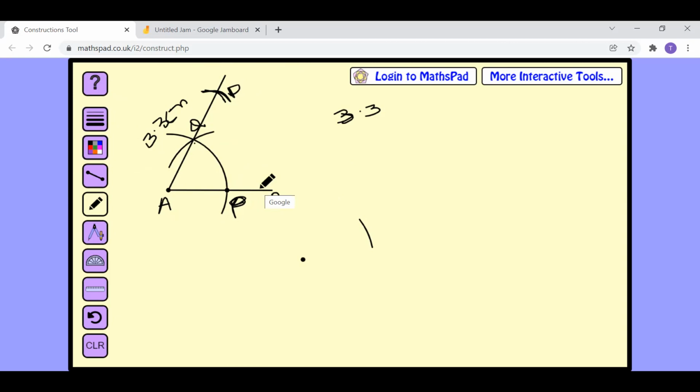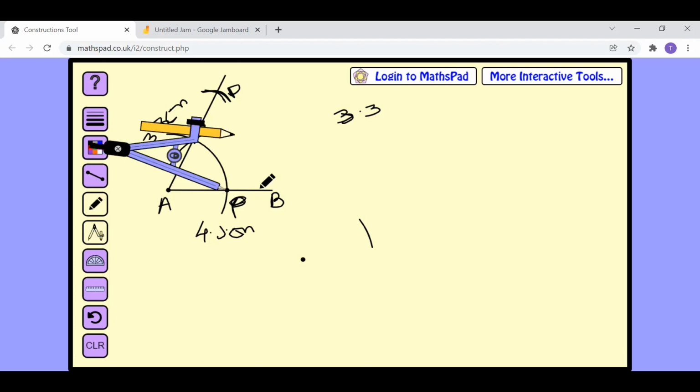Auntie, the AB line is 4.3 centimeters, right? AB was 4.3 centimeter. We constructed this the very first thing, right? Yes, AB was 4.3 centimeter, the very first thing we constructed. Miss, I'll have to redo. I made a mistake. Okay, do it quickly. First look at what comes next, how to do it.